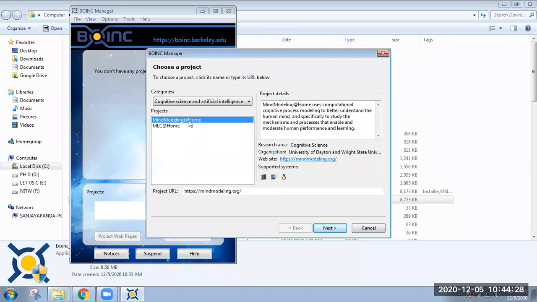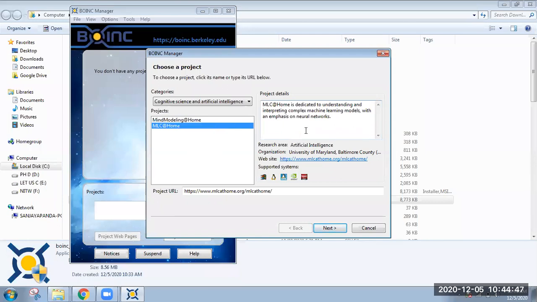One is MindModeling at home, another is MLC at home. In MindModeling at home, you can see it uses computational cognitive process modeling to better understand the human mind and to study the mechanisms and processes that enable and moderate human performance and knowledge. So details about the projects you can get by selecting a project here, right?